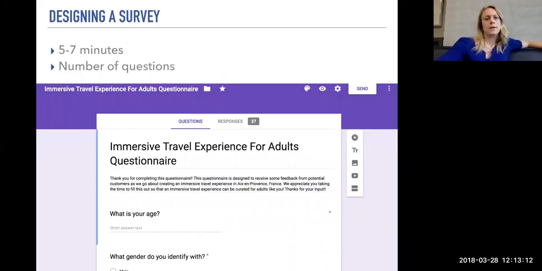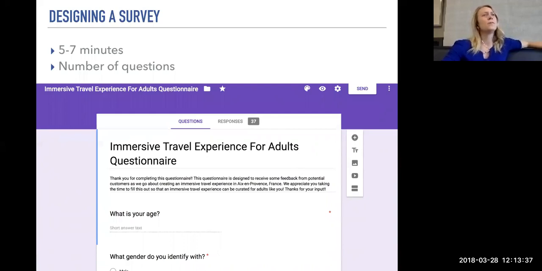And now I'm going to get into how to design the survey, because it's really not that hard. Google Forms, I'll go over a little bit later, but that's just such an easy opportunity for you to design something and get a little bit of feedback from your users if you're not doing so already. The thing about survey design, though, is you really want to keep it